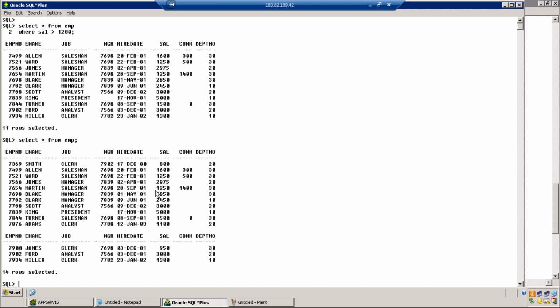Definitely it will take a long time because it needs to perform that many comparisons. So the performance of the query will be reduced. The performance of queries is based on the number of rows present in the table.